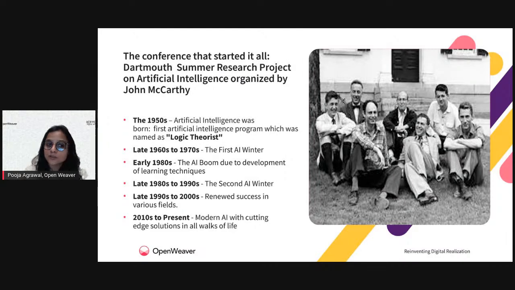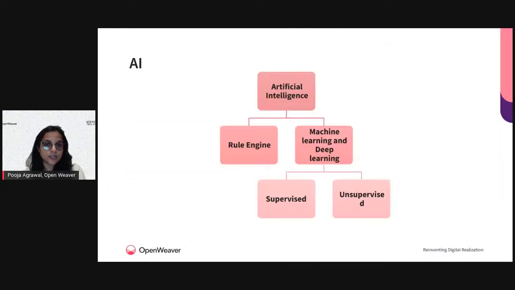Now, because of the hardware that is available, things improved greatly, and that improvement really helped in coming to a stage where artificial intelligence has influenced us on a larger scale, not just limited to a certain application but much more. So we understand artificial intelligence is where we want the machines to behave and understand things like humans.